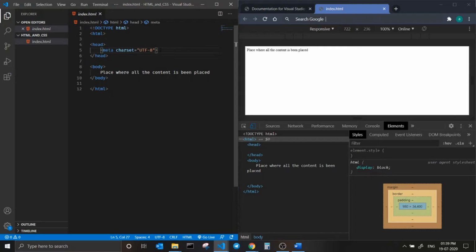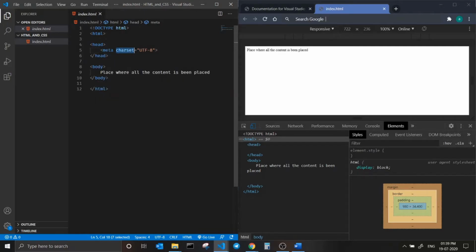So what is this character set? It defines the character set encoding for the HTML document. There are different character set encodings, such as UTF-8 for Unicode and ISO 8859-1 for the Latin alphabet. So it is usually used to define the type of language you will be using, a character code.